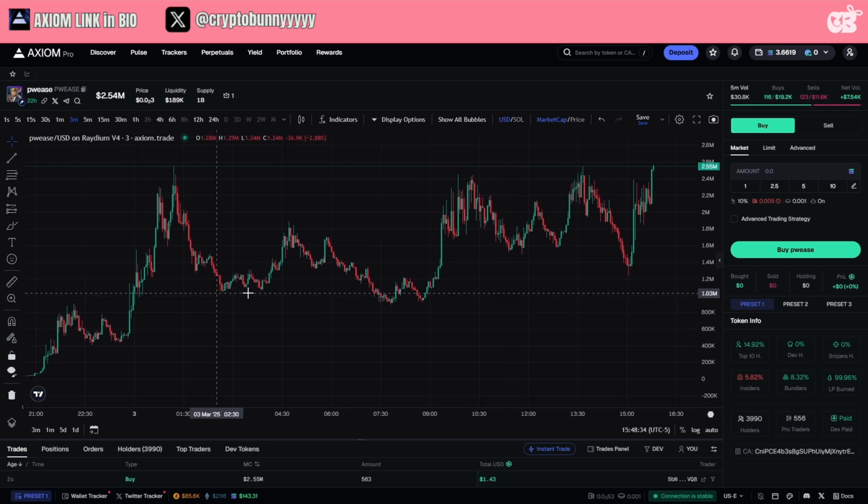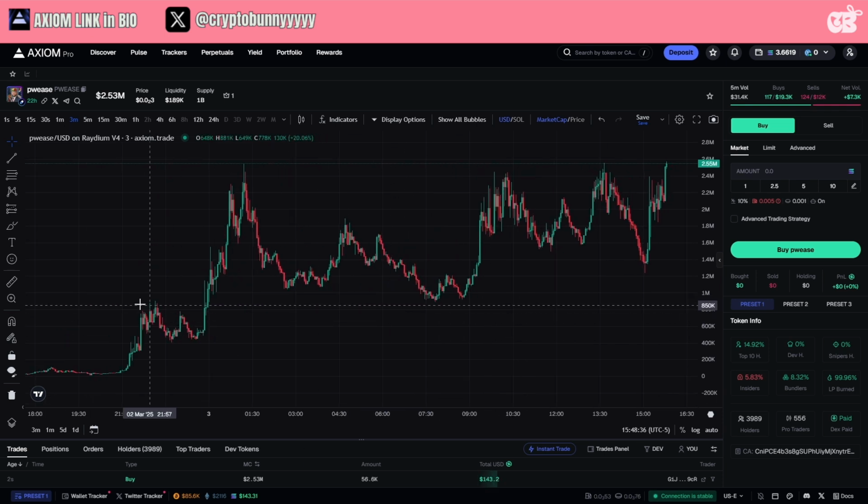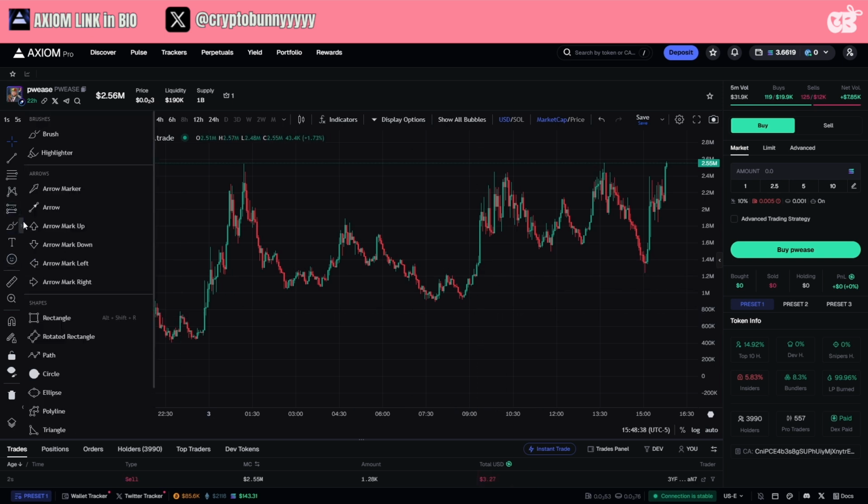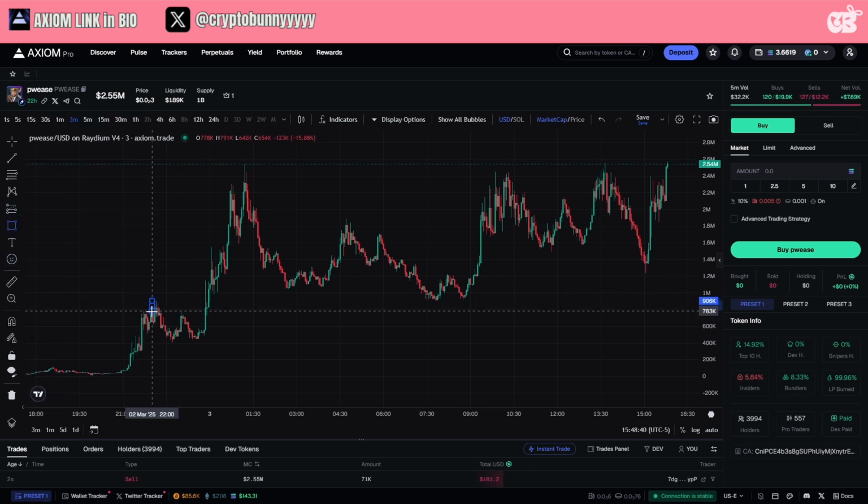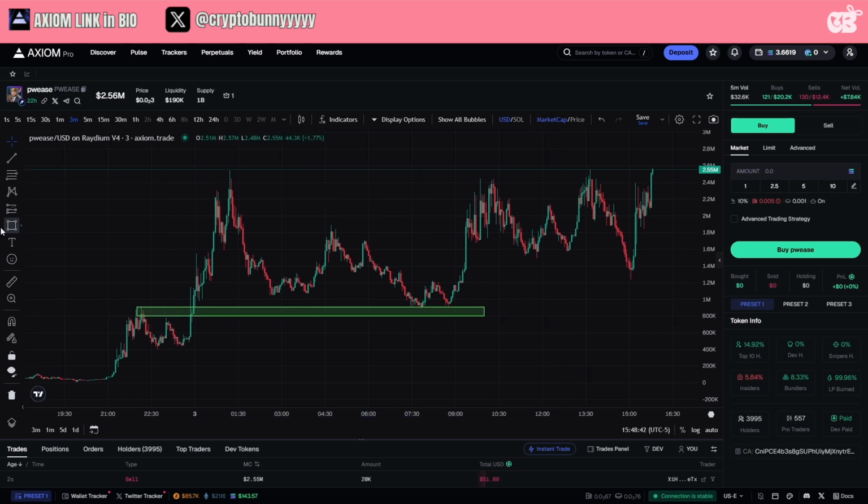You've marked out these layers of support, right? So for example, this is resistance turn support. So you mark it out, right here. You mark it out, and then guess what? If you have this support level right here, so you know, okay, it's coming here, it should bounce in these areas. So what happens is maybe you buy it in this area a little bit, but then you're like, okay,